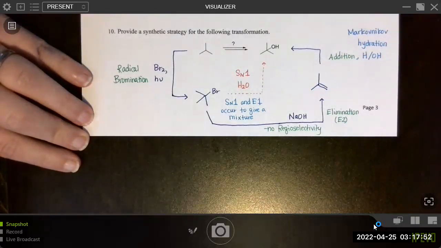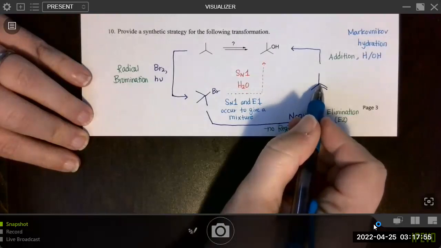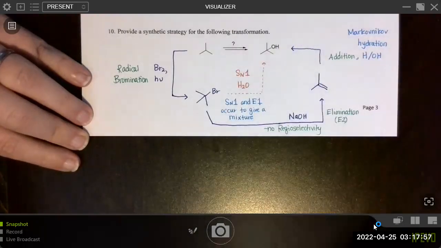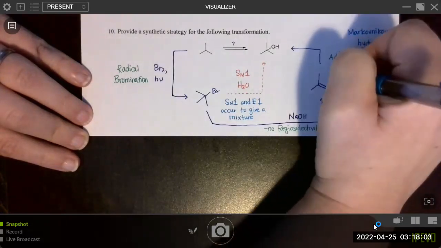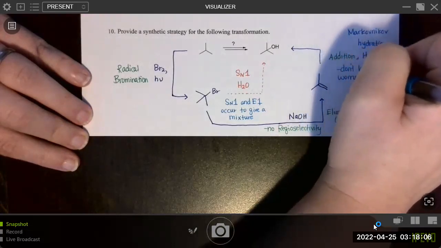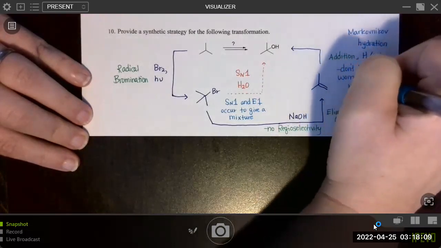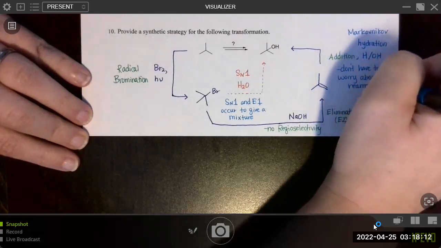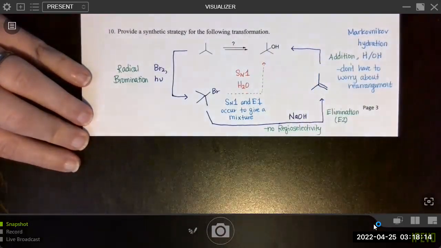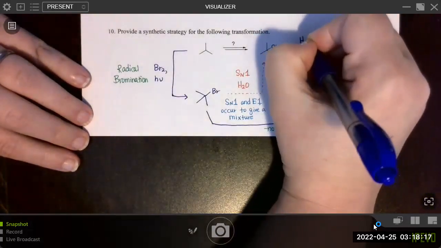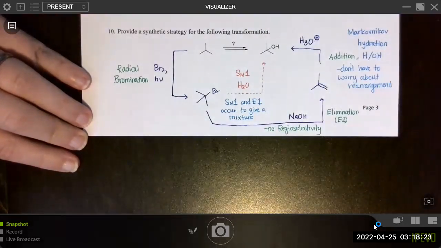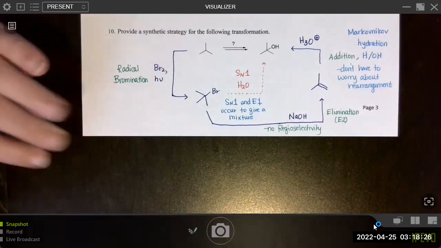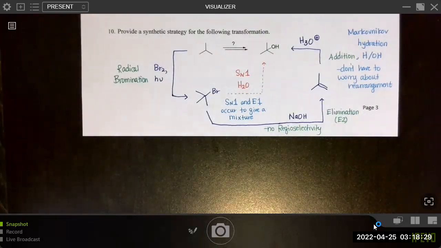Do we have to worry about rearrangement? No. The carbocation will be tertiary and it will not rearrange. So we'll just write, don't have to worry about rearrangement in this case. Which means you have choices. You could use the cheaper H3O+ reagent, or you could use oxymercuration demercuration, and that would just be a more expensive reaction, but would produce the same product.